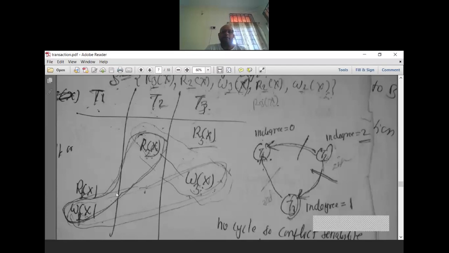It is also one. So now I have to check whether this schedule is a conflict serializable schedule or not. So what is the way to check that? First of all, I will check all the conflicting operations. When two operations come, you can see over here, it is read x, it is write x. That means we will see from top to bottom.